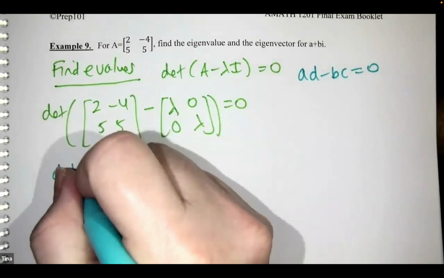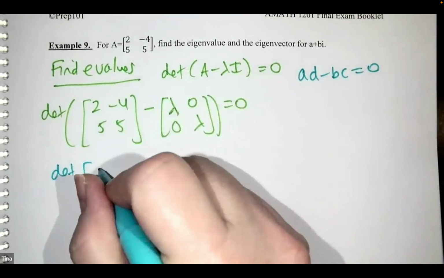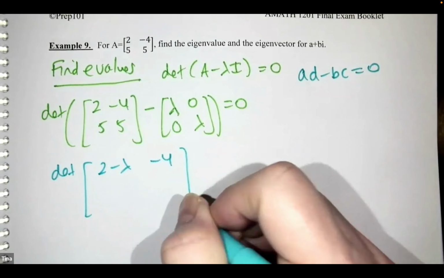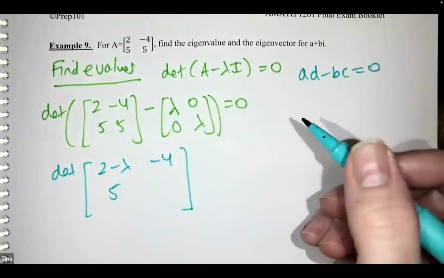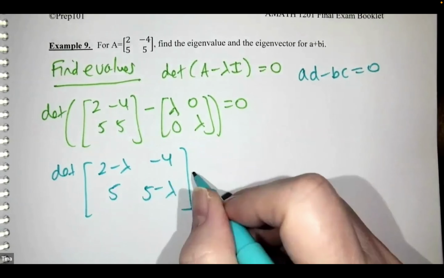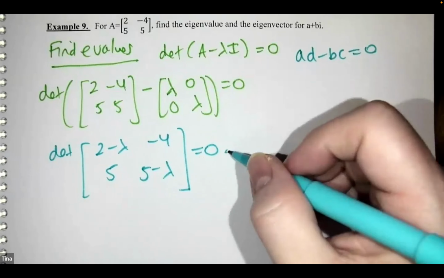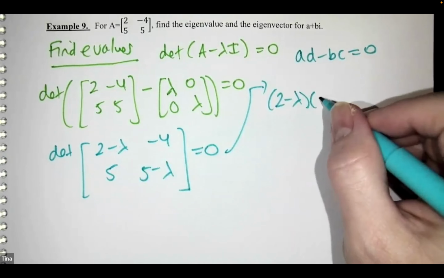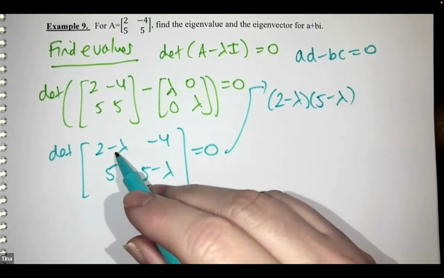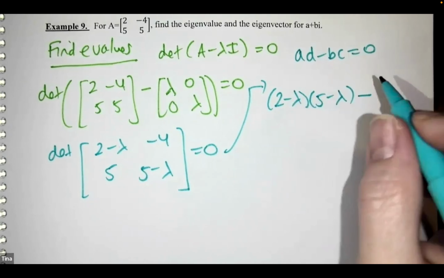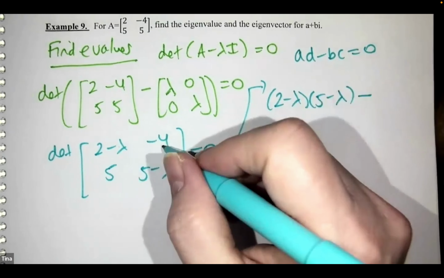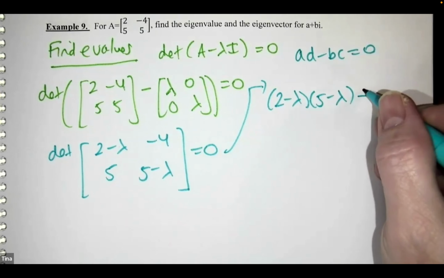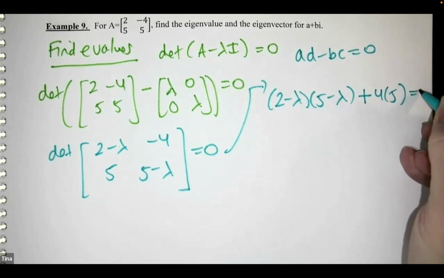So here we subtract: 2 minus lambda. Negative 4 minus 0 is just negative 4. 5 minus 0 is 5, and 5 minus lambda. So let's see, we've got 2 minus lambda times 5 minus lambda, so that's AD, minus BC, which is negative 4